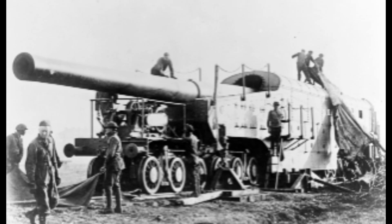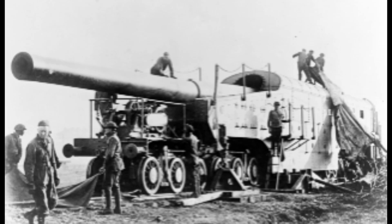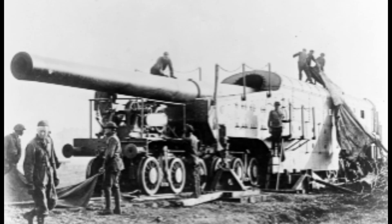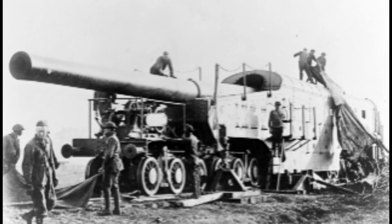Design and engineering, the impossible task. The challenge facing America's industrial might was daunting. The designers at the Naval Gun Factory had to create a railway mount capable of handling a gun weighing hundreds of tons, capable of elevating to extreme angles to achieve the necessary range, yet confined by the French railway infrastructure's